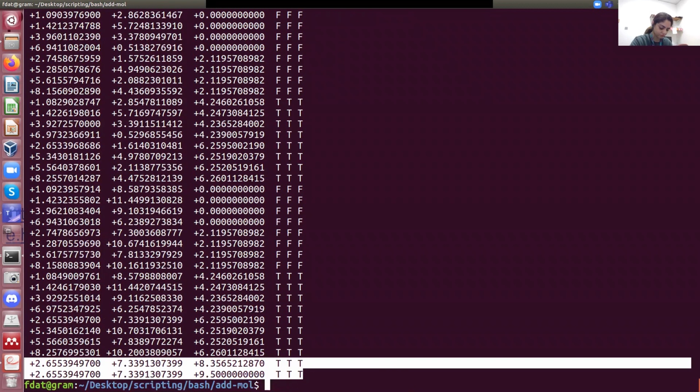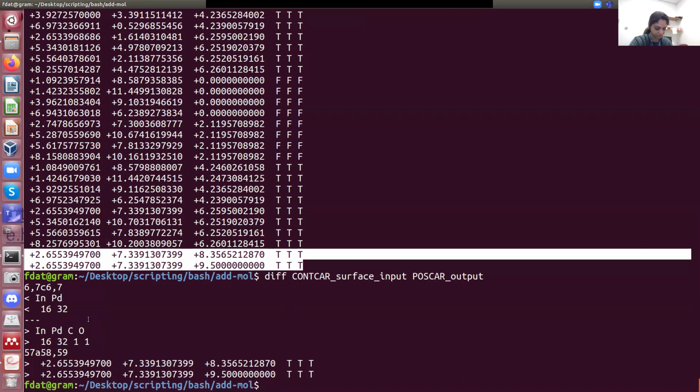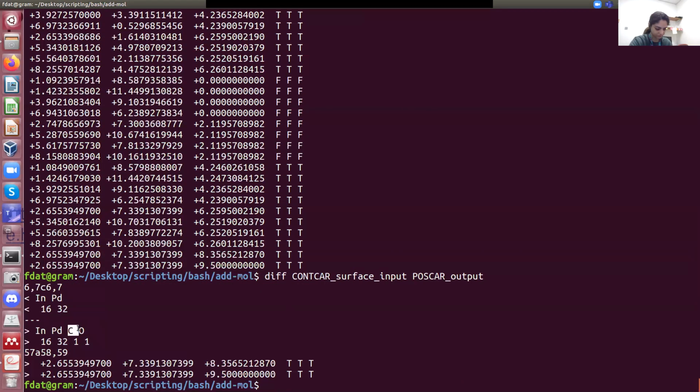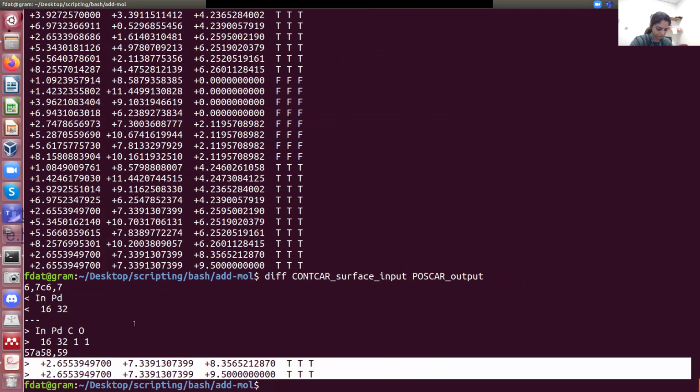Okay. So if you do, for instance, like this, that is a nice comment. If you take the difference between the concard and the postcard, then you see that the only difference is that you are adding CO, and you're also adding 2 coordinates. These are the 2 coordinates of the CO in the second one. Okay? And the position of the CO, is there some? No, for now the point is just to put it on top of one of the surface atoms. No matter.